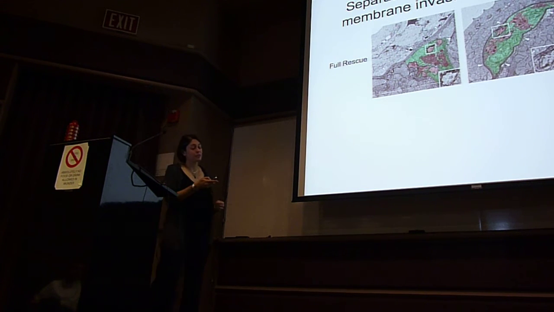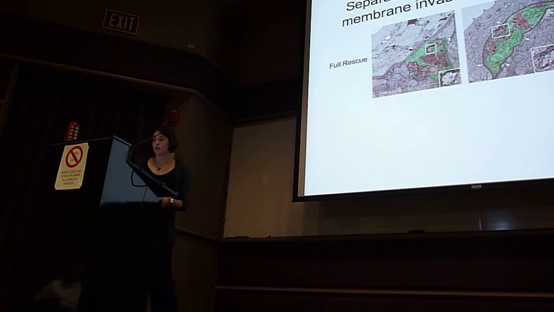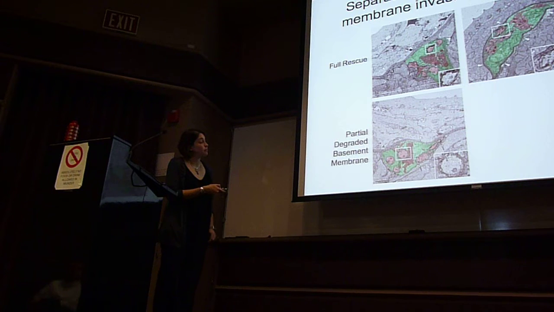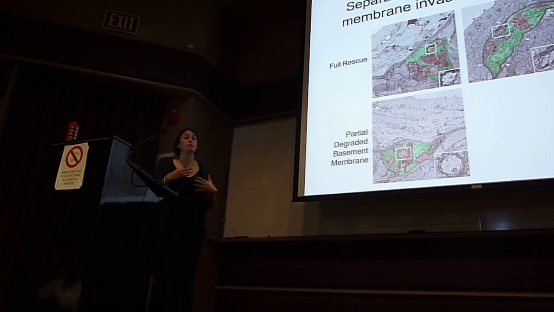But we also had cases where the nerve got caught between 2 basement membranes, suggesting that the Schwann cells that were transplanted in could make a new basement membrane, but they could not degrade the old one. We also had cases of partial basement membrane degradation, so the nerve is properly localized below this epidermal basement membrane, but there's still old basement membrane remaining, again suggesting that the Schwann cells were not able to completely degrade that